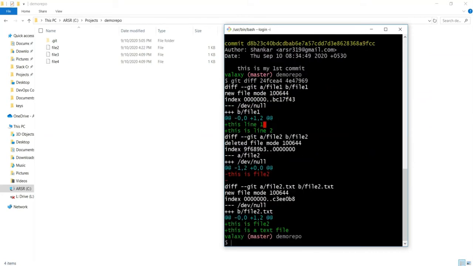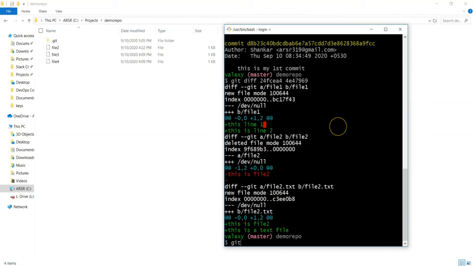You can see here it is comparing two different commits; this is the latest commit and this is the older commit. So in the latest commit it's a/file1 and in the older commit b/file1. If you see a/file1, in the latest commit you can see triple minus and /dev/null, which represents that in the latest commit there is no file called file1. Why? Because we have removed it, right? Whatever changes we have in our working directory have all been committed.